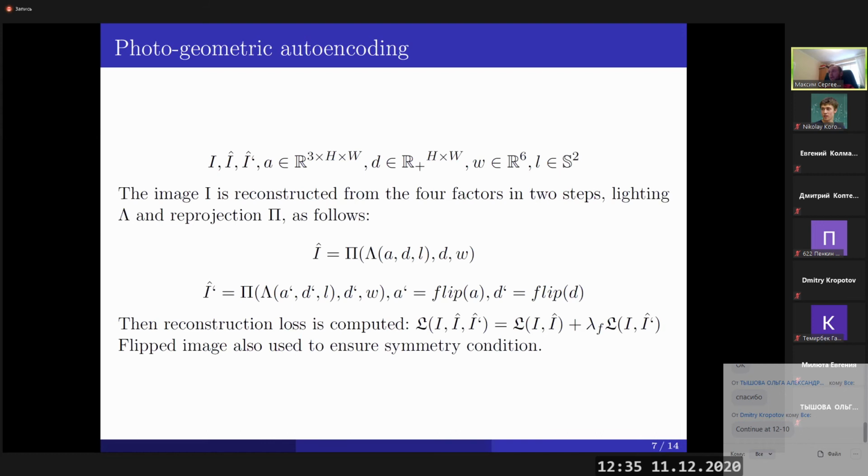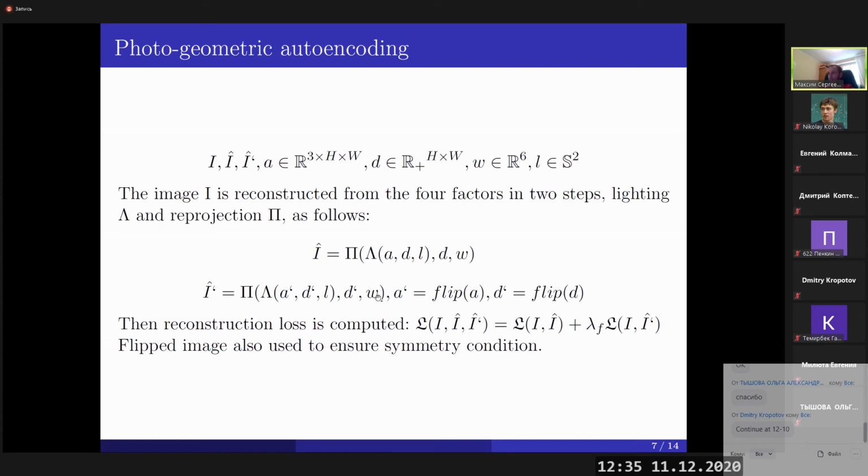I mean, we recover brightness of each pixel of our image. And then we use some camera-specific information to project our texture into the original 2D image. Also, we could apply the same type of transformation to the flipped instances of albedo, depth,